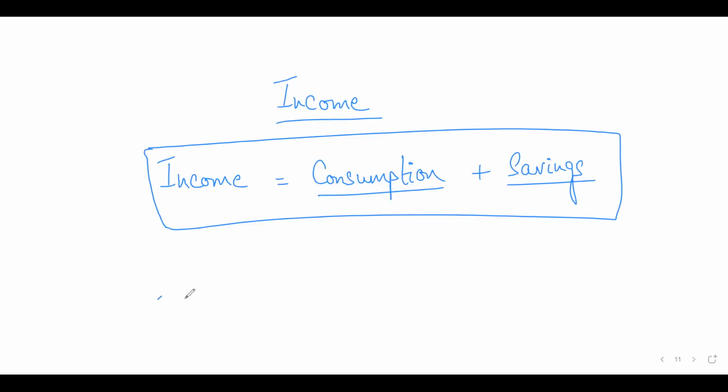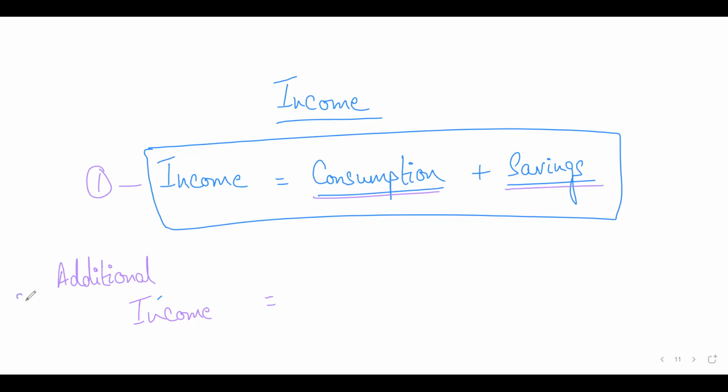Now, the idea is that let's write it down over here. If I change this equation a little bit, and on the left-hand side, instead of income, I write additional income, right? You'll see in a bit what we are doing with this. I am just rearranging the upper equation. So let's say this is equation 1. In this equation, we saw that the income of an individual would always be equal to consumption, how much money he spent on buying different goods and services, and how much money he saved. So consumption plus savings is your income.